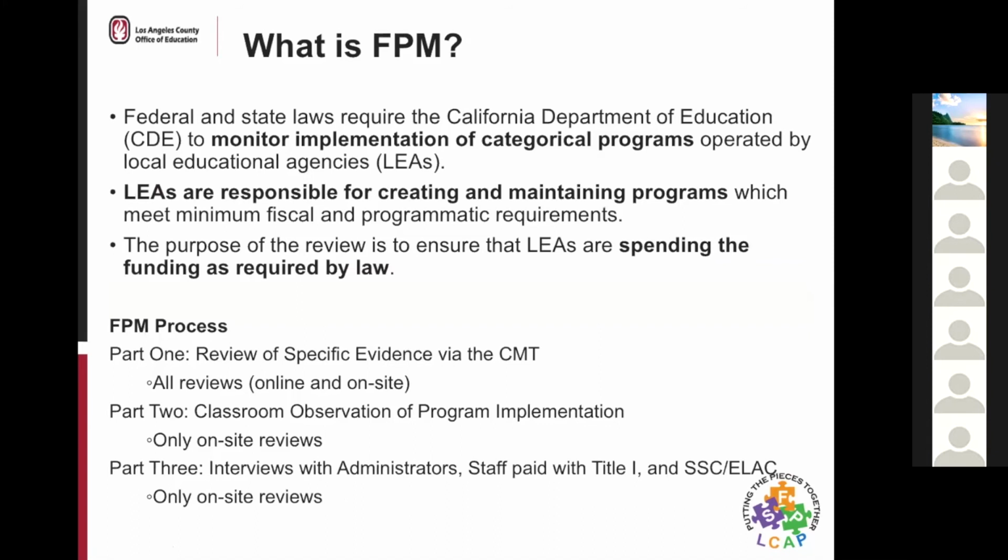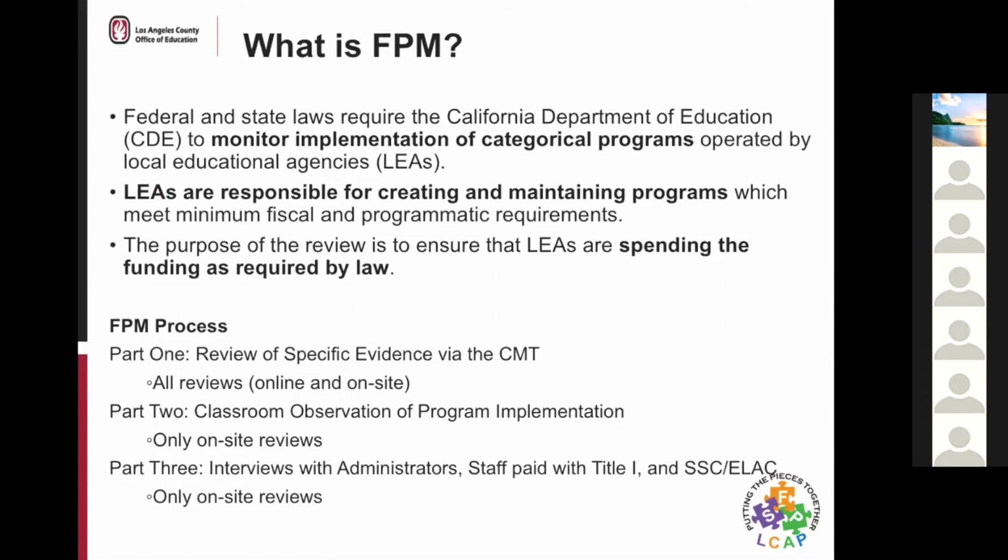Federal and state law require that the CDE is the monitoring agency that will oversee the implementation of your categorical programs that are being operated by the LEA, to make sure that you are minimally fulfilling the minimum requirements fiscally and programmatically. This is done to make sure that the LEAs are spending the necessary funds in the right way that is required by law.